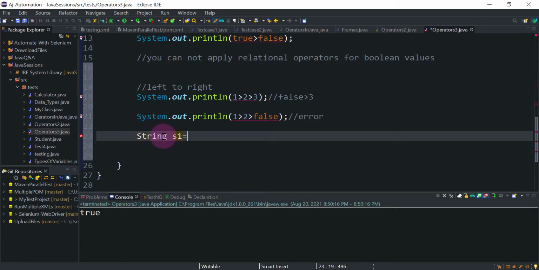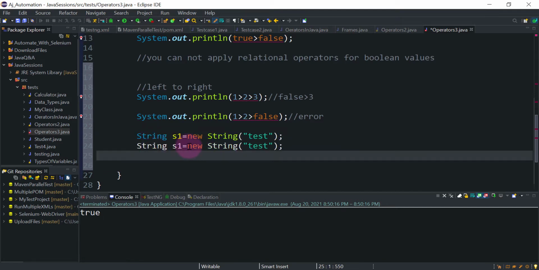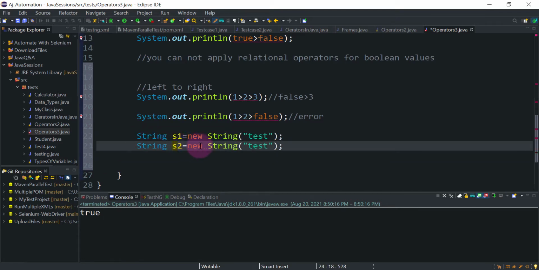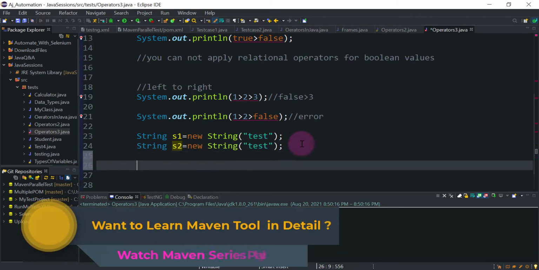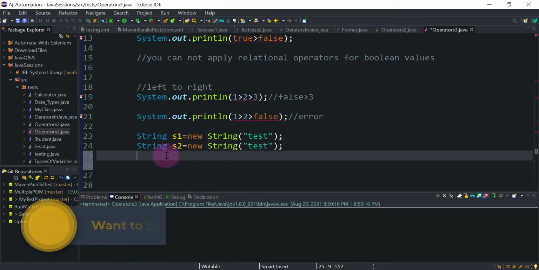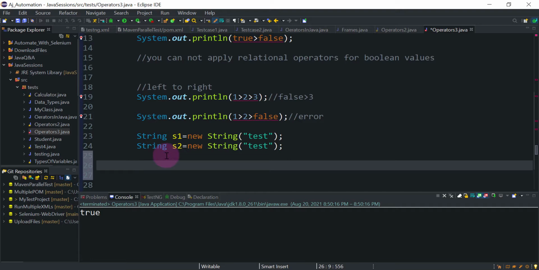Let's say String s1 equal to new String, with content, let's say, test, and I have another object of the String class with reference s2 and the same content. As we have seen, s1 and s2 are two different objects. So how can you compare two objects using relational operators? Can you compare them? Let's find out.